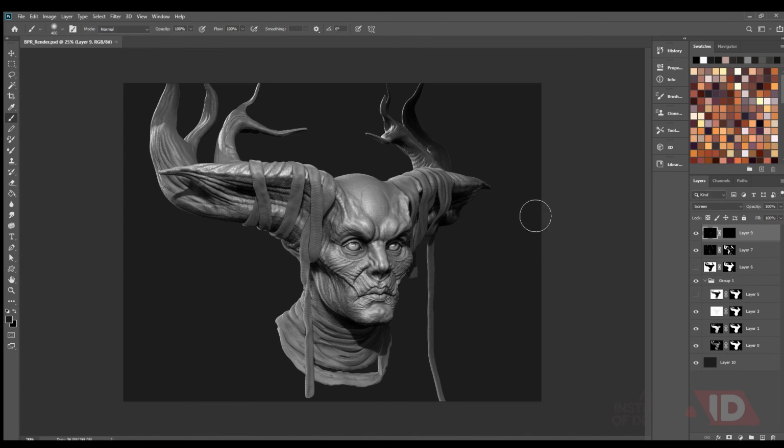This is how you take really high resolution render from ZBrush in multiple passes and compile them together, and then you can just modify things the way you want. You can change the background, you can add colors, you can modify things. It's totally up to you. So this is the process to create really high quality render from ZBrush.